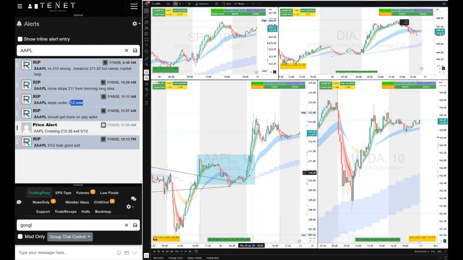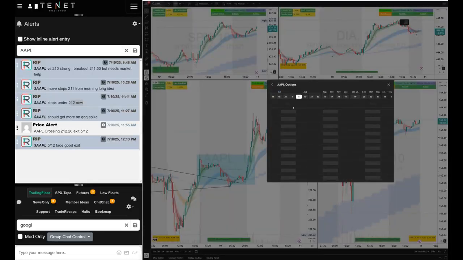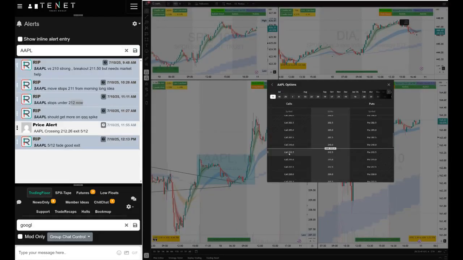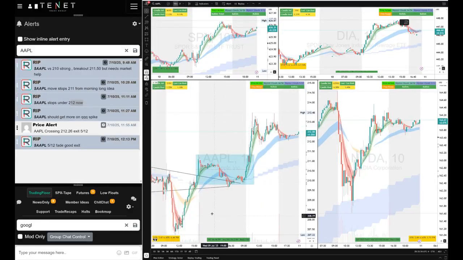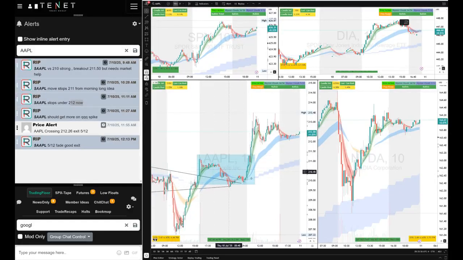From 210.50 it ran to 213.50, almost $3. Beautiful move. If you were trading 212 and a half calls, those calls ran from 70 cents all the way to $1.50, 100% trade there. So that was a beautiful trade. Clear levels. You can see why I decided to tell my traders to long it versus 210. There's also an MTF bounce, and I can see that there's a pre-market breakout. So beautiful trade on Apple. Let's go to the next one.